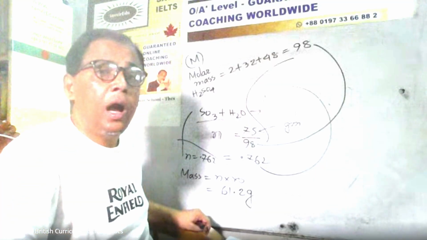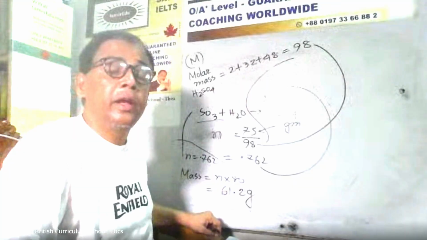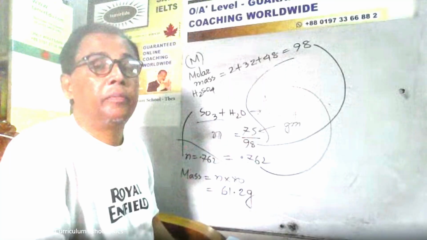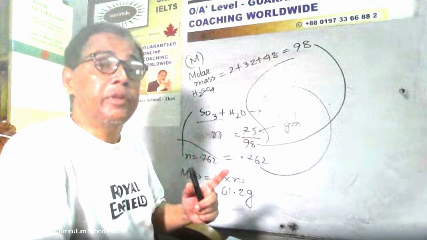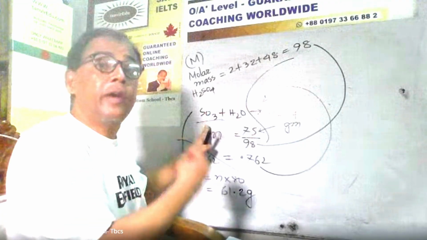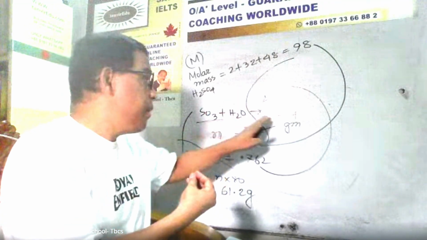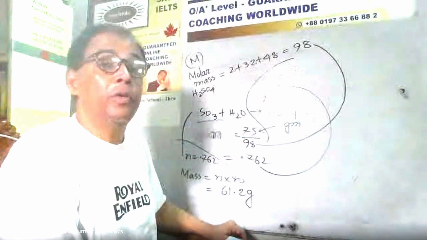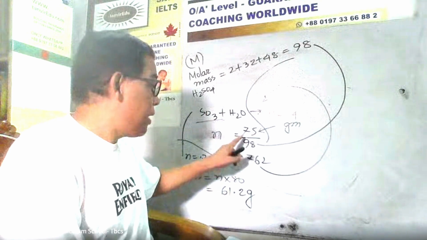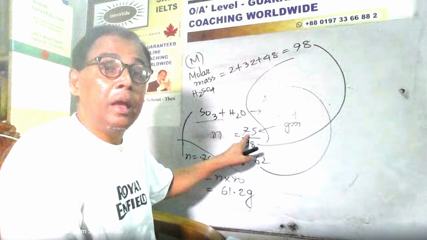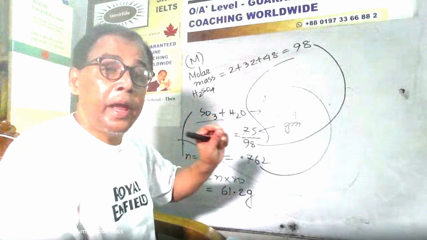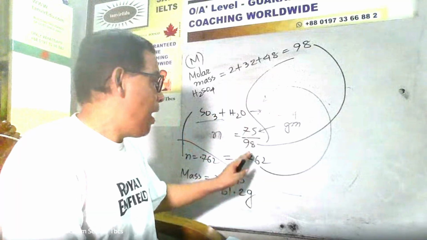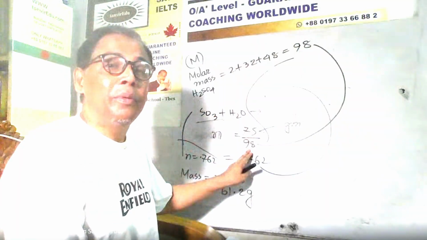The question: how much sulfur trioxide is required to make 75 gram of sulfuric acid? Am I clear? Again, I'm asking how much sulfur trioxide is required for making 75 gram of sulfuric acid. I mean, the mass of sulfuric acid is given. Instantly, in your brain, a storm should be raised up. Oh, I know the molar mass of